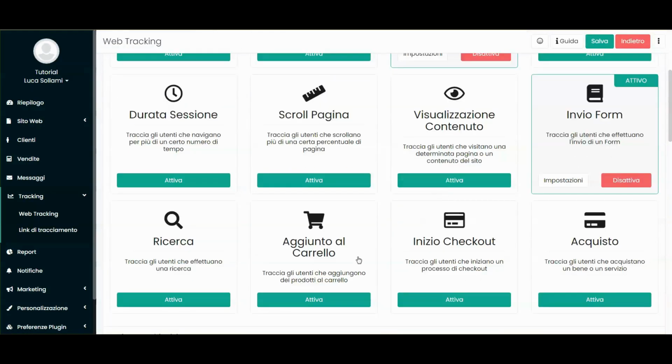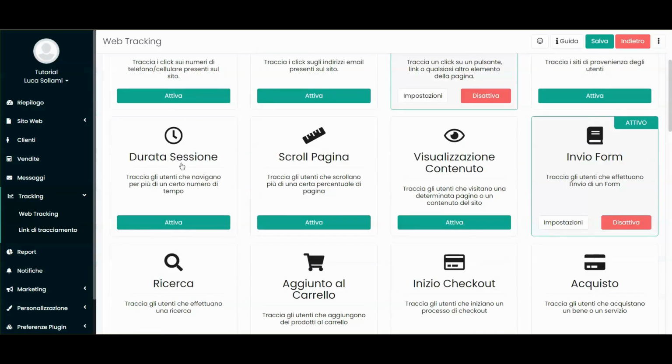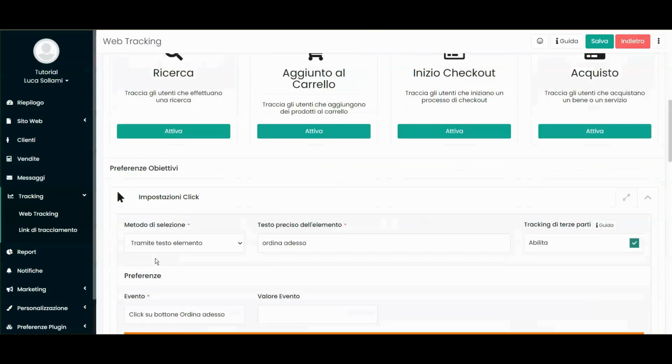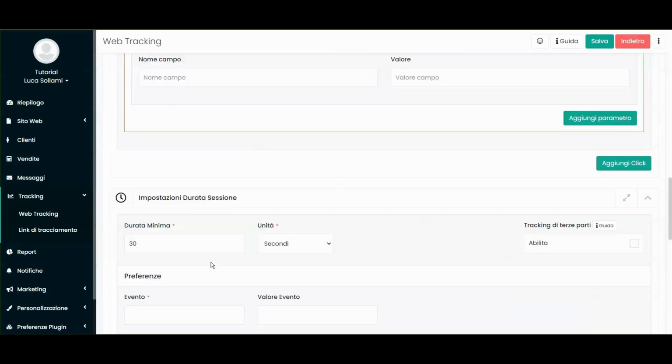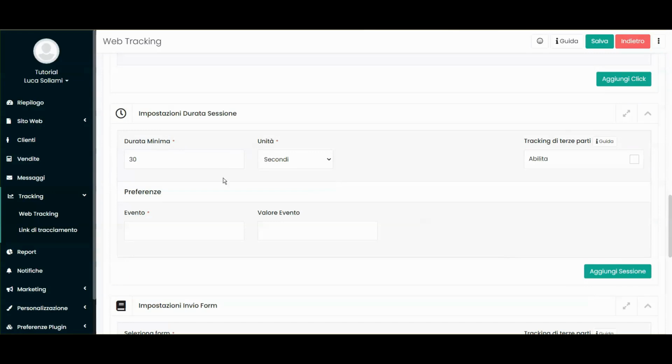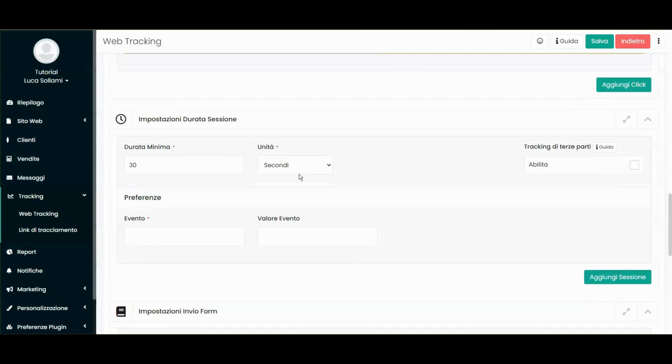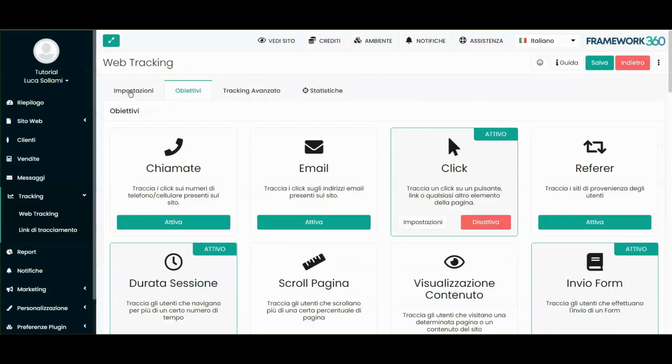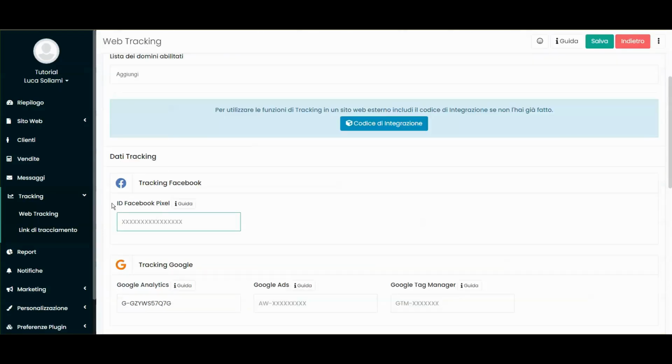For e-commerce, it is very important to track, for example, add to cart, start purchase checkout, and session duration. We can run Facebook campaigns, for example, to understand if a visitor is interested or not, thanks to session duration. For instance, if we set this functionality to 30 seconds, we can understand as soon as the visitor clearly stays for at least 30 seconds on the site, the Framework 360 platform will send to Facebook